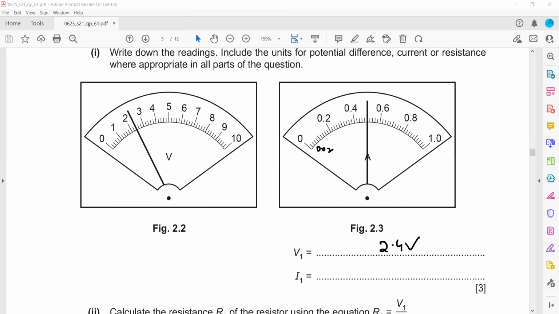It is between 0.4 and 0.6. So it's 0.5. Yes, between 0.4 and 0.6. So that is right, 0.50. That's right. The next part,